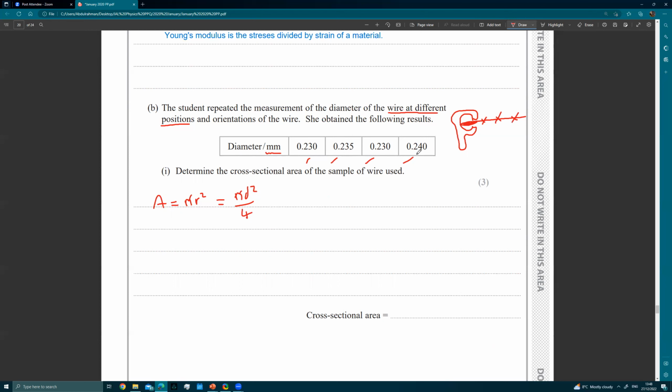0.23 plus 0.235 plus 0.23 plus 0.24, divided by 4, and then divide by 1,000 to go from millimeters to meters, and I get the following. So this is equal to pi multiplied by the diameter squared, which is 2.3375 times 10 to the minus 4 squared over 4, and what you should get